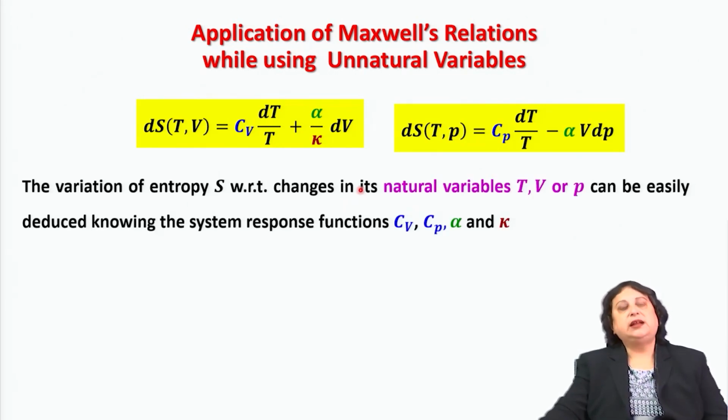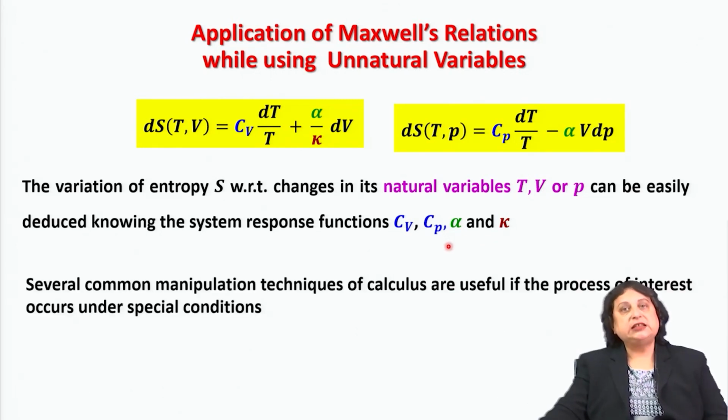it is understandable that under such circumstances S has its natural variables as T and V, or T and P, in a closed system, and therefore I can very quickly write down dS in terms of the appropriate specific heat, and then alpha and kappa. But what happens if I have chosen some representation of the thermodynamic state of the system which is not the natural variable? Under such circumstances, there are some common manipulation techniques of calculus that are found to be extremely useful,